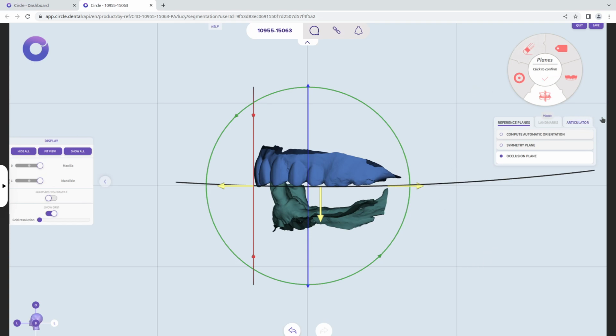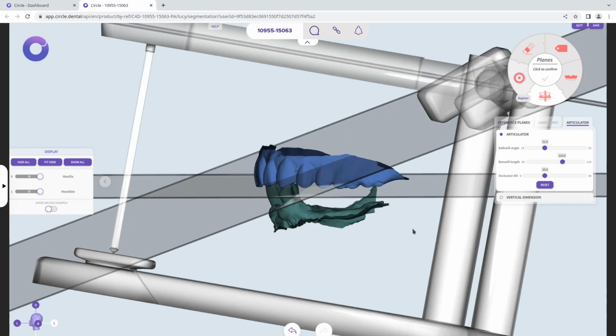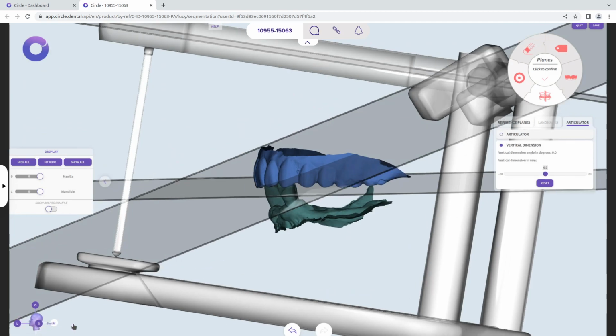I won't show you the articulator here. Well, actually, I'll show you very quickly the articulator. There are three angle and length values that you can set for the articulator. So that's actually changing the parameters of the articulator. I will let you change that if you want. But the most important part is